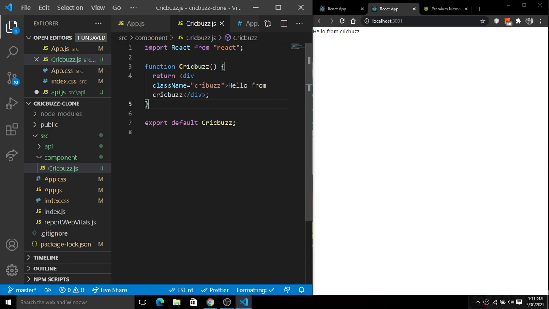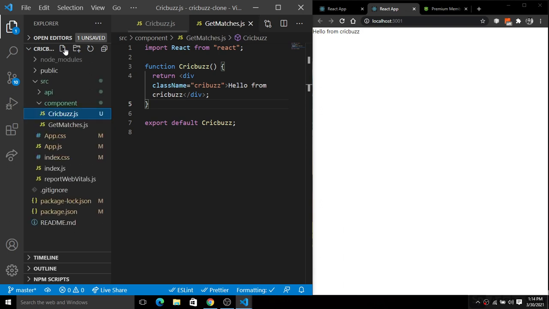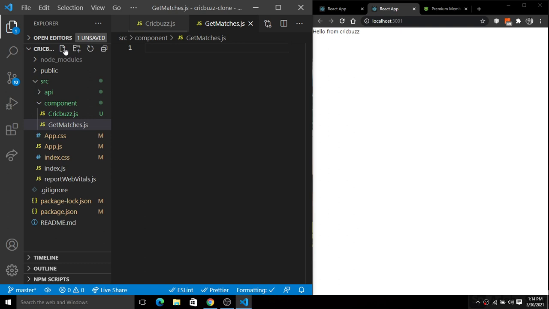So now I'm going to simply create another component with the get match. So here it will simply get all the match infos there. So get matches dot js. So we have this get match dot js there, and here it has the ClickBuzz and everything there inside of this component.